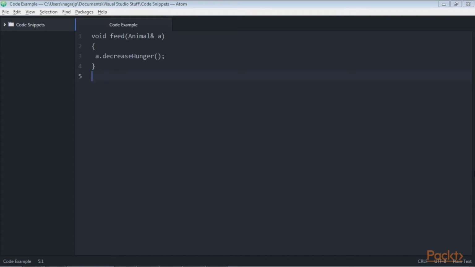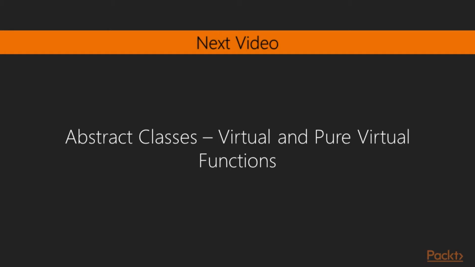Also, we can enforce upon our subclasses a set of rules for what they can and cannot do, as well as how they do it. So good design in one stage can influence it at other stages. But will we really ever want to instantiate an actual animal? We'll find out. In this video, we've looked at polymorphism. Great! Next, as I just said, we'll see abstract classes, virtual and pure virtual functions.